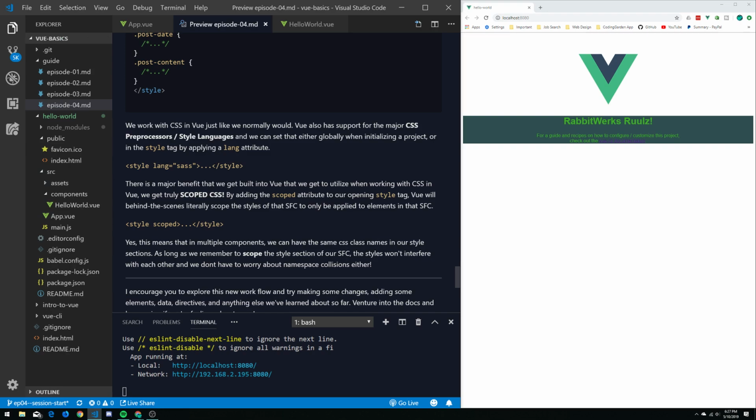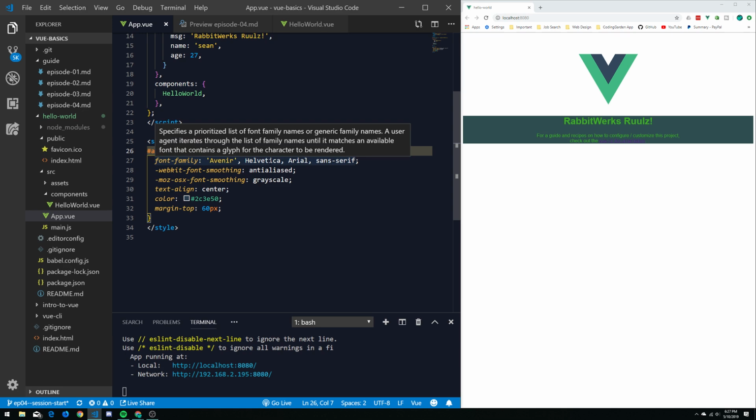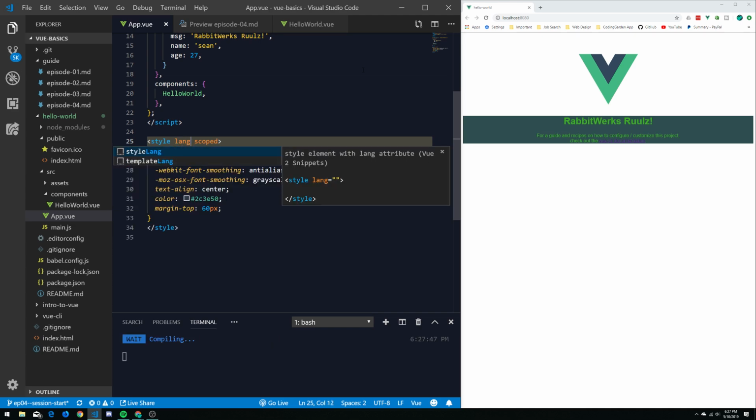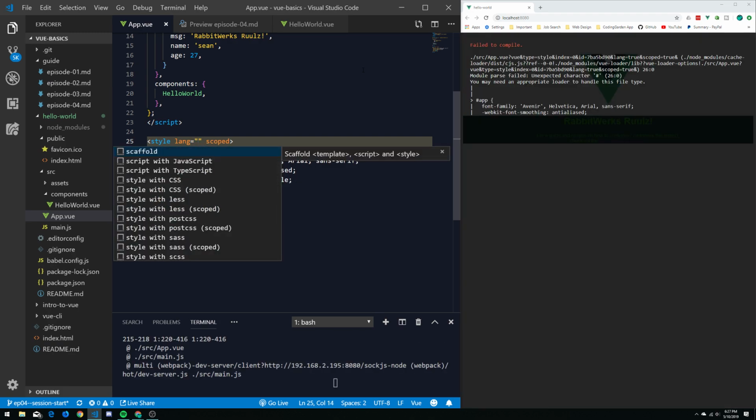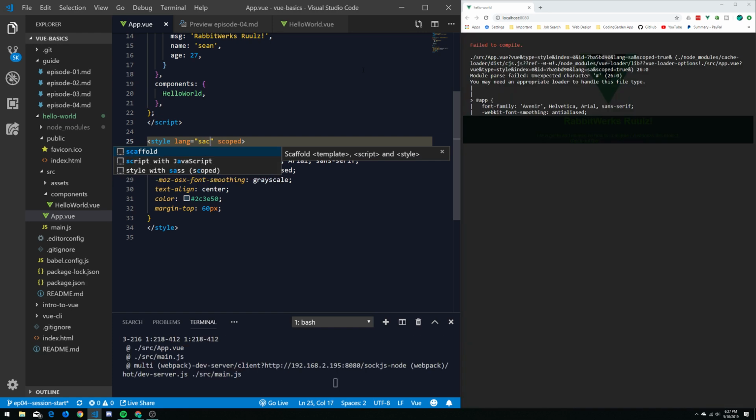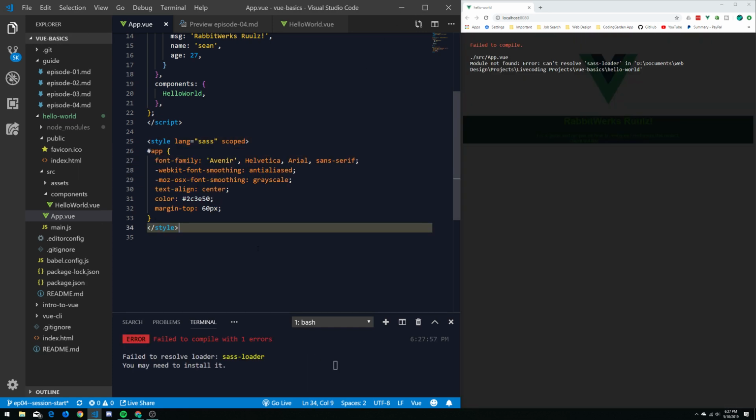Oh yeah, so in the style block, if we are using a CSS preprocessor language such as Sass, then we would add the lang attribute, and it's just what you want to have it say. So it'd be lang Sass, like that, and then you can use Sass in here. But if you do this, you see that it's failing to compile because it doesn't have the Sass loader. You would need to go in and install that via Vue